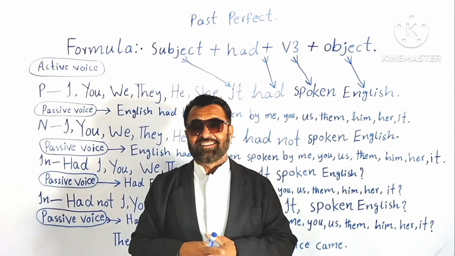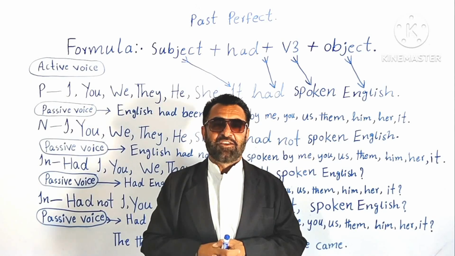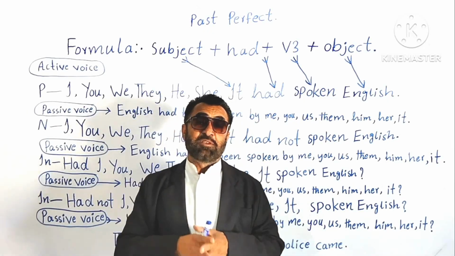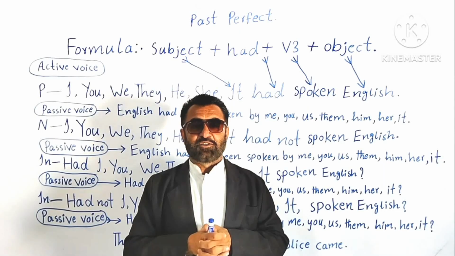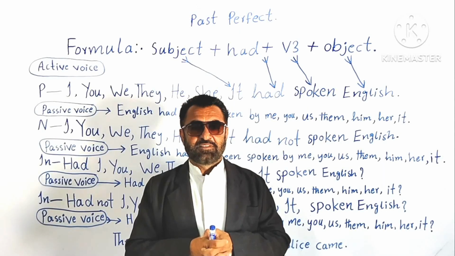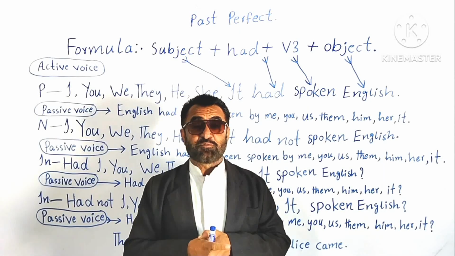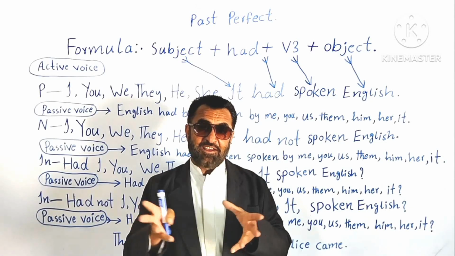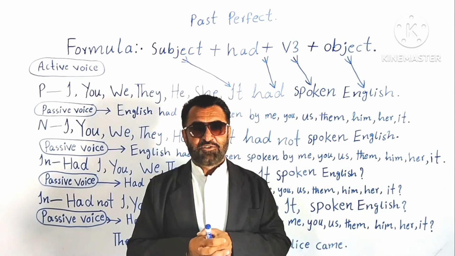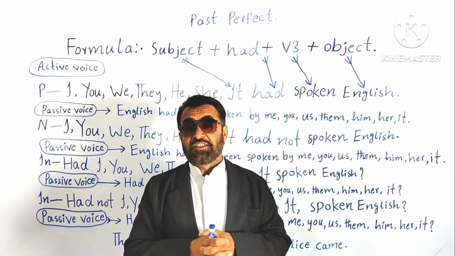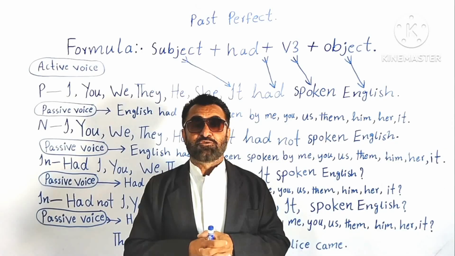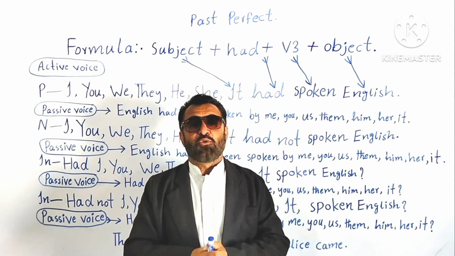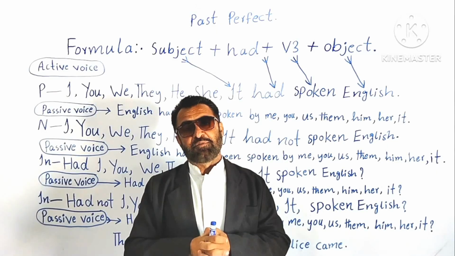You can be in trouble then. You can be in hot water. When you say that the thief had run after the police came, it means the police were available, and you will be in deep water. Why? Because it seems strange that the police were available there and the thief ran away. So it's not good for your health. Never say this. Then the police will be pleased with you. Otherwise, you don't know what the consequences can be.